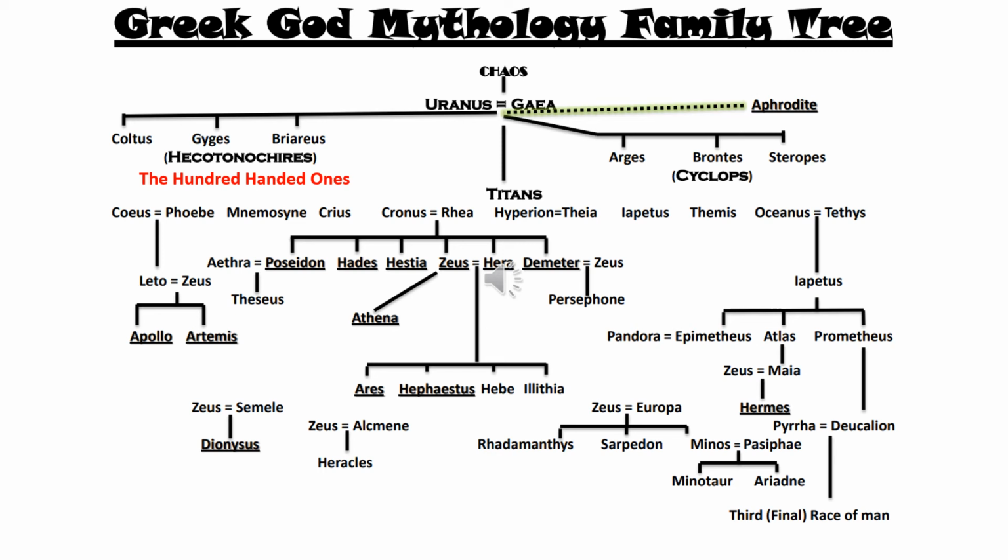Another thing that I wanted to point out on the family tree was the origin of nymphs, because the book doesn't really explain that, but then it talks about nymphs. According to Greek mythology, Zeus married the Titaness Themis, and together they are the ones who had the nymphs. There are several different kinds of nymphs. There are Oreads, who are nymphs of the mountain. There are Dryads, who are nymphs of the woods. There are Naiads, which I think are nymphs of fresh water, and Nereids, which were nymphs of ocean water.